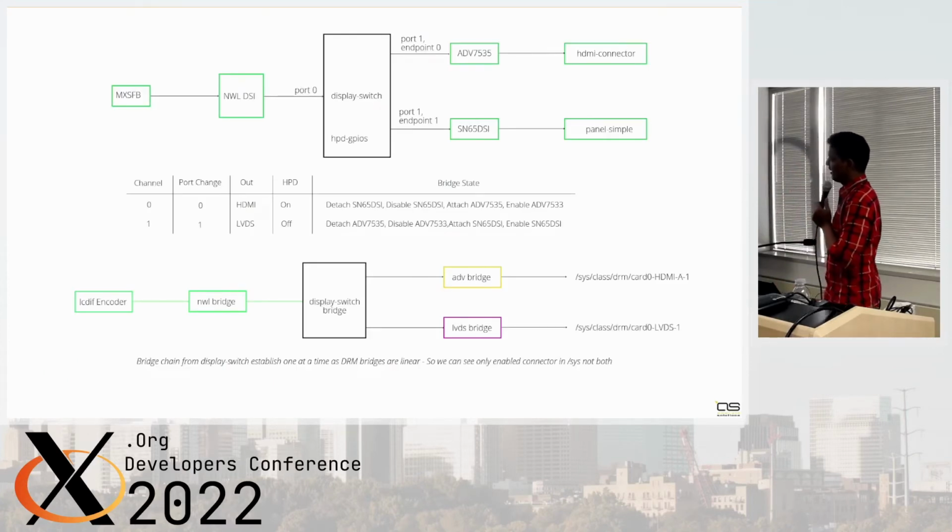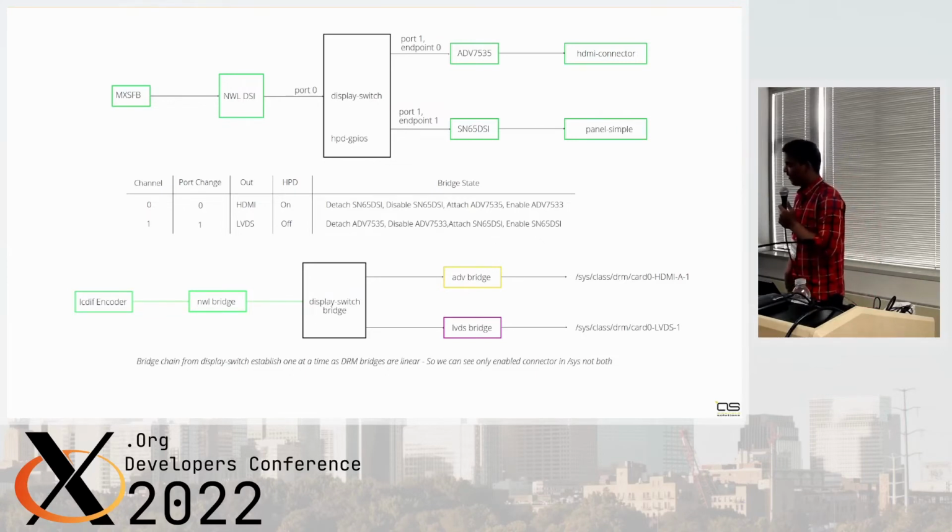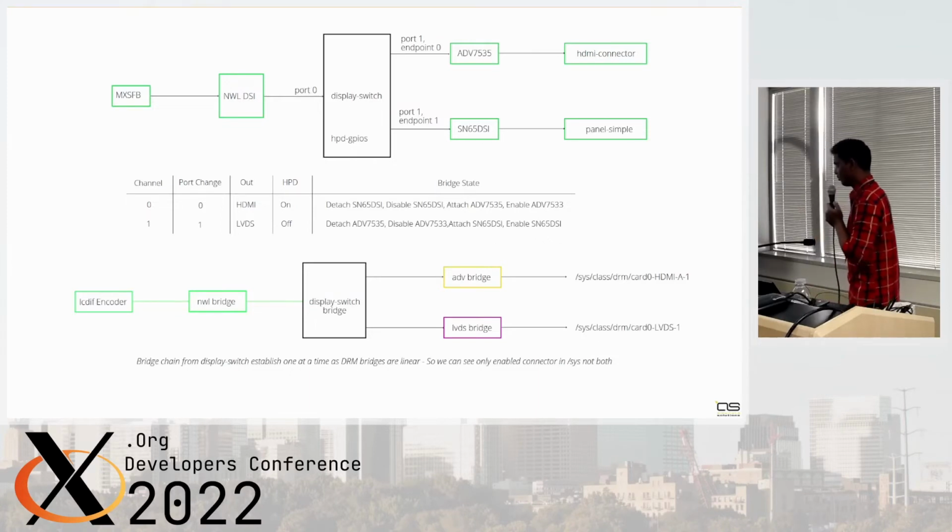So this is a typical pipeline in MX8M. The pipeline starts with the frame buffer, the MXS frame buffer driver. It goes to the NWL DSI bridge, and then to the display switch. This is where all the switch handling happens. From the switch, I have two output endpoints, one for the HDMI bridge, and the second output is DSI for the LVDS bridge. So there are a total of